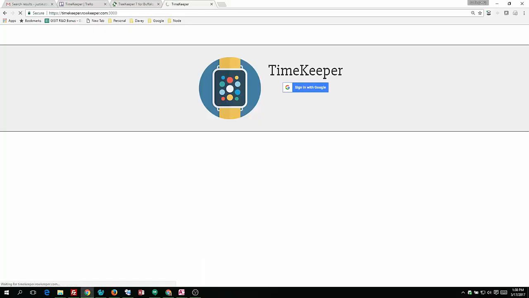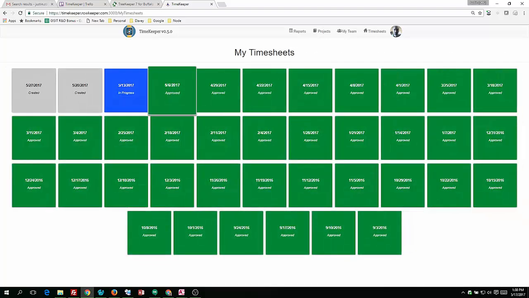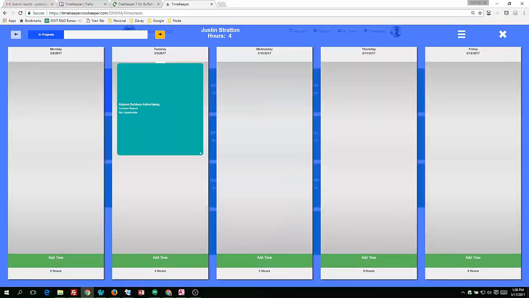So I'm going to go ahead and log into TimeKeeper, and the information is going to load up for me. And I can see my current timesheets, and I have this timesheet that is currently in progress. So one of the changes that we've made to this system is that